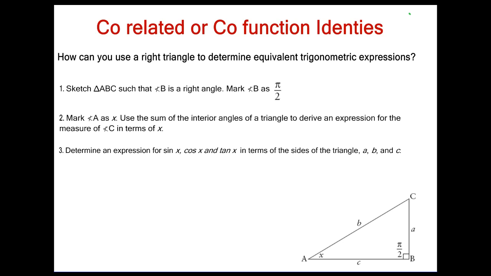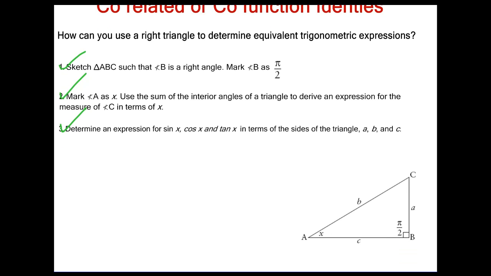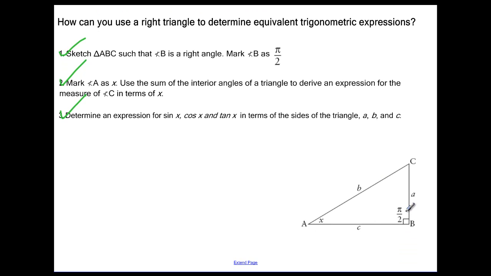The first thing is that correlated or cofunction really means two parts, and we'll see very quickly how that comes into play. There's a set of instructions here that we'd like you to do. The first thing is to sketch a right angle triangle, labeling it as I have here. The angle X is located in the bottom left-hand corner by A, and the right angle is located at B. The first thing we'd like to do is state the trig ratios of sine, cos,